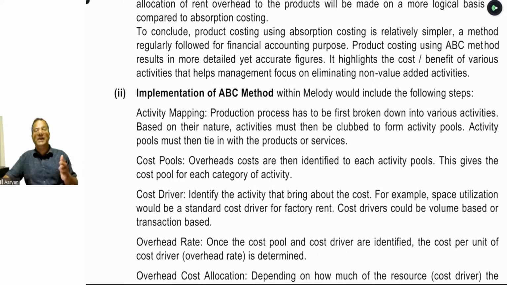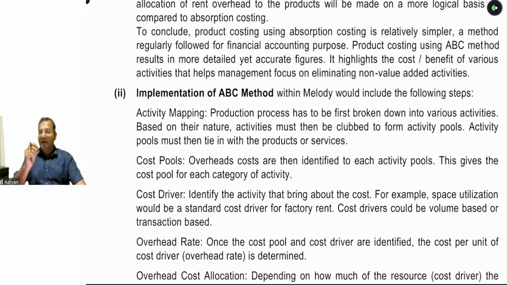In the traditional method, we calculate the cost pool of a department. Here, we are calculating the cost pool of an activity. The method of calculating the cost pool will remain the same, whether in the traditional method for a department or under ABC for an activity. And the methods are allocation and apportionment of overhead. Together, they are known as primary distribution of overhead. Allocation: if a component of overhead is related to a particular activity, then the complete amount of that component should be added to that particular activity. This is known as allocation of overhead.